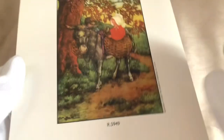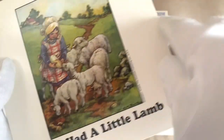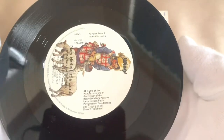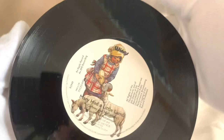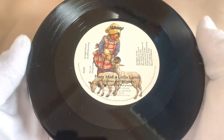The sleeves replicated exactly the same as the UK one. Catalogue number at the bottom there. And the single itself, of course, the labels exactly the same. Got Wings at the top there. Then turn it that way and you've got an Apple record, an EMI recording and the catalogue number there, manufactured in the UK. Of course, at the bottom there you've got Mary Had a Little Lamb, written by McCartney and